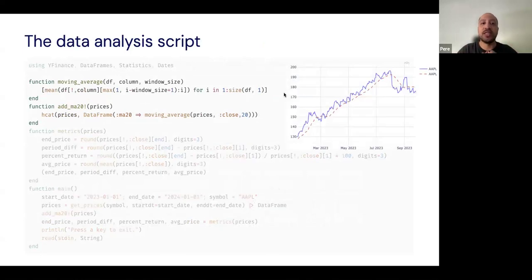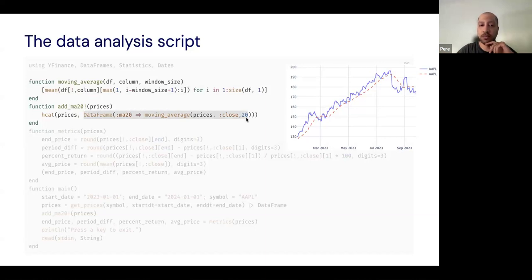And then for the first analysis step, since the daily price data can be a little bit noisy, as this blue line here shows, we will look at the moving average as well, which is represented here in this red line. That is, the moving average for each day will give us the average closing price during the previous day. So we define this moving average function, which calculates the moving average of our prices and returns a vector. And then using this helper function, we will insert this new moving average vector as a column in our data